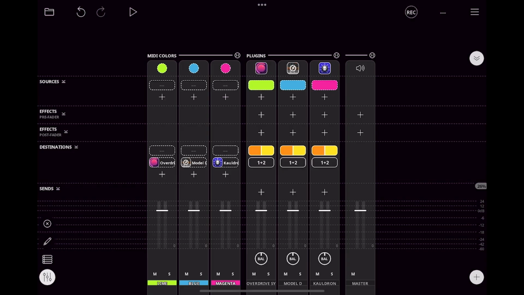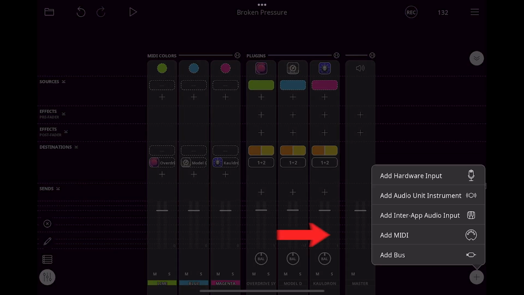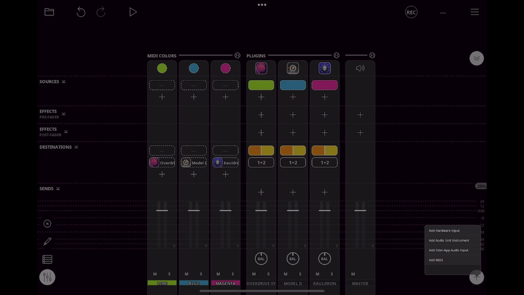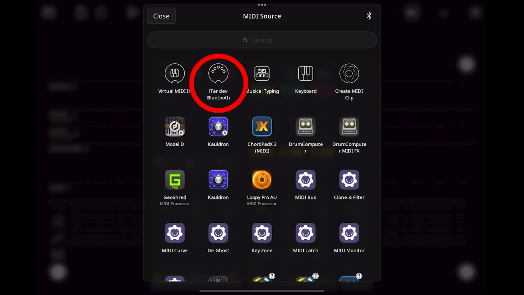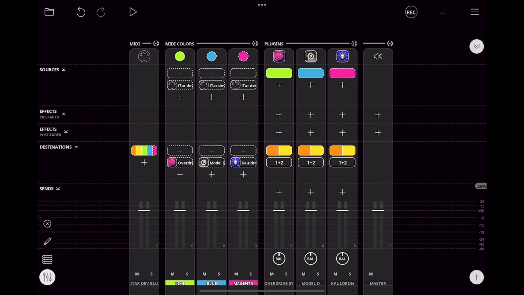Now I'm going to add the MIDI controller input so we can play in some notes on the ITAR. Again, I tap on the plus symbol in the bottom right and then tap on Add MIDI. I'll locate the ITAR, or you can choose whatever controller you have connected. We can see that a MIDI input strip has been added to the mixer, and under Destinations, by default, all